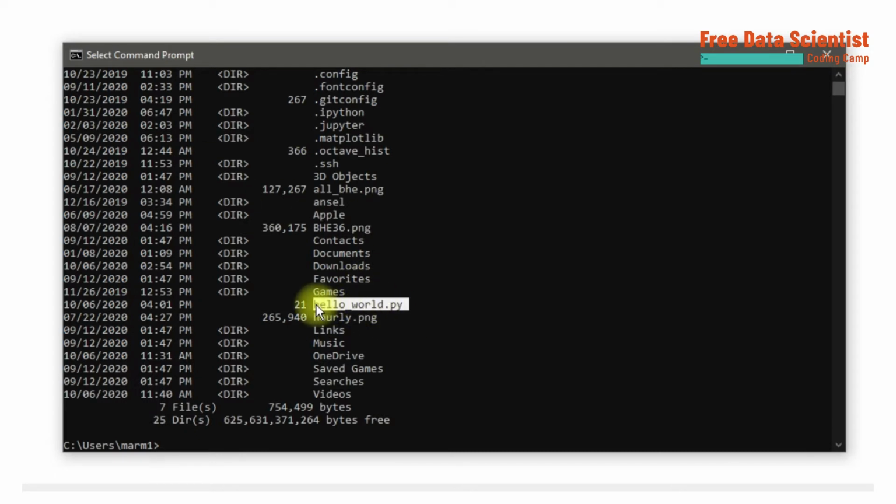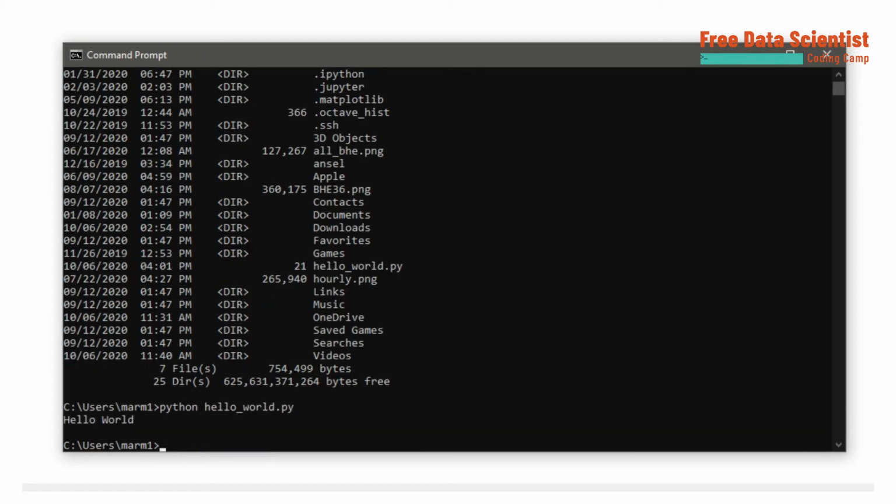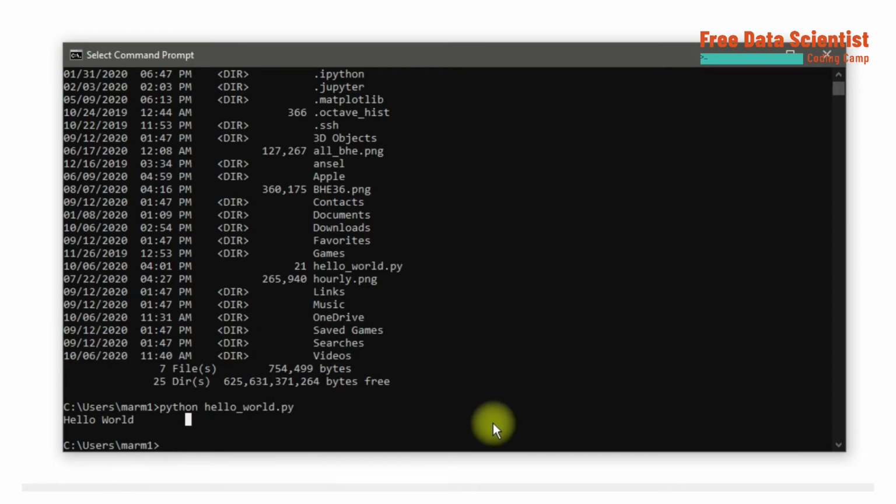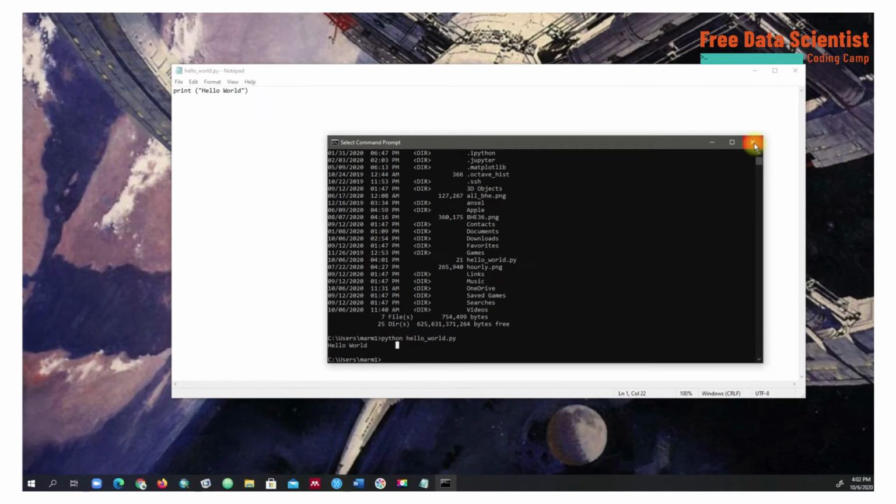This file location is a crucial step. Python does not run a script if you are not in the folder location of your file. In this case, we are precisely where the file helloworld.py is located. To run the first program, first we have to call Python, and afterwards write the name of the script: python helloworld.py, and press enter. Congratulations, you have run your first Python script, and I am sure this Hello World program will give you the luck you need.